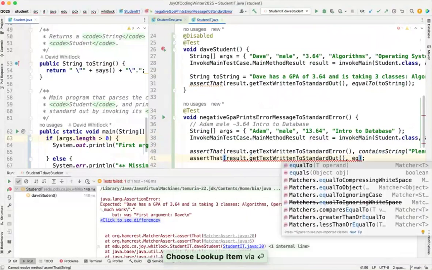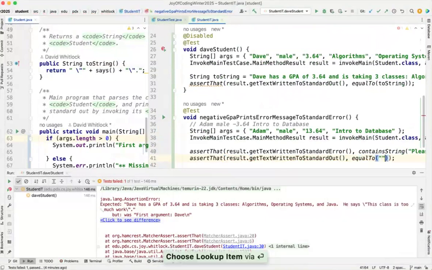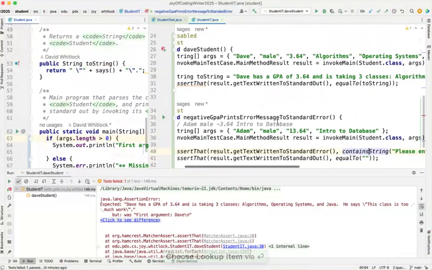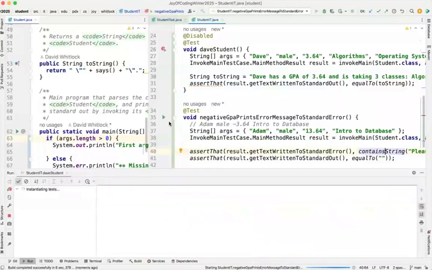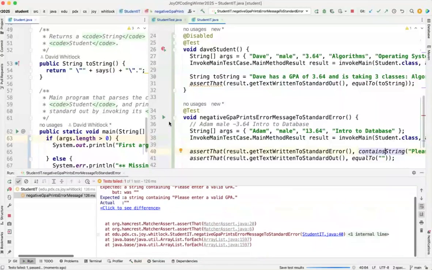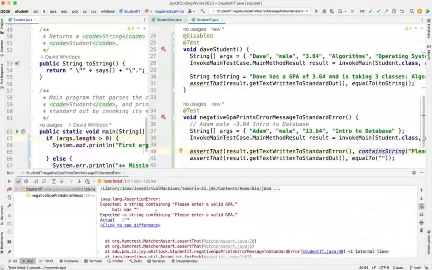Do I say equals null or equals empty string? I can't remember, so we'll just try that and see what we get. I'm going to run this test, see it fail, and then we'll make it pass. Yep. Expected "Please enter a valid GPA," but was the empty string. Okay, and so I think this is good. It tells me that when nothing's written, you get the empty string back from standard error, which is true because